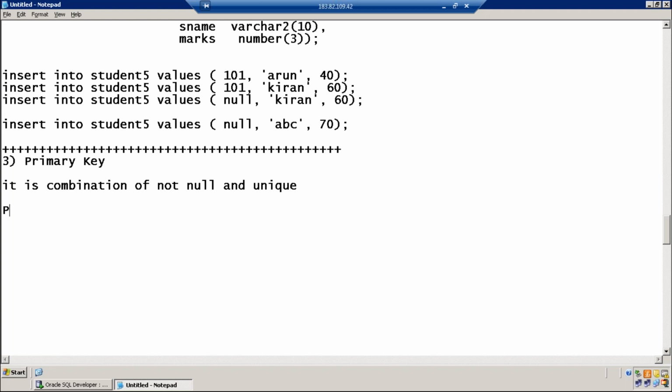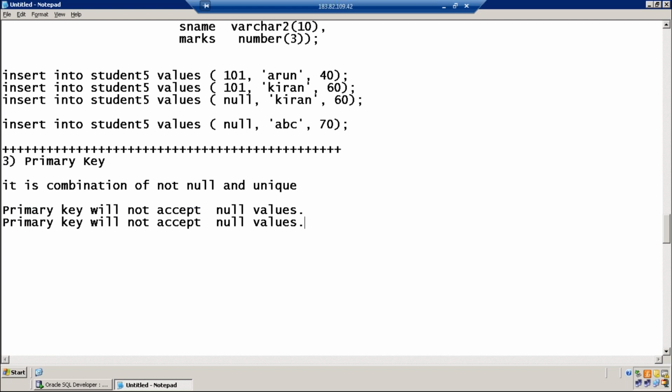Primary key will not accept null values. Primary key will not accept duplicates. And very important, a table can have only one primary key.